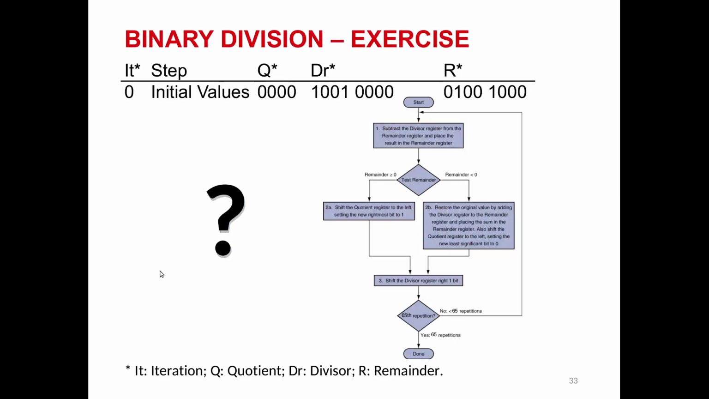And here is our exercise. We will apply the same algorithm to this divisor value 1 0 0 1 and the remainder, that is 0 1 0 0 1 0 0 0. So in this division, you will need to take 72 divided by 9,